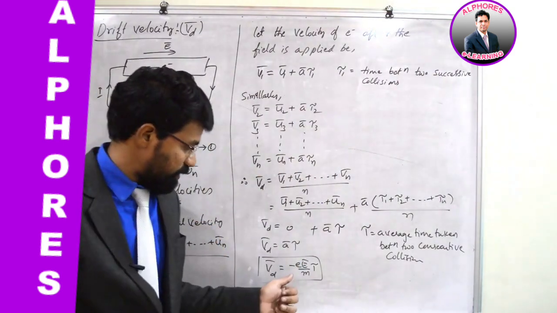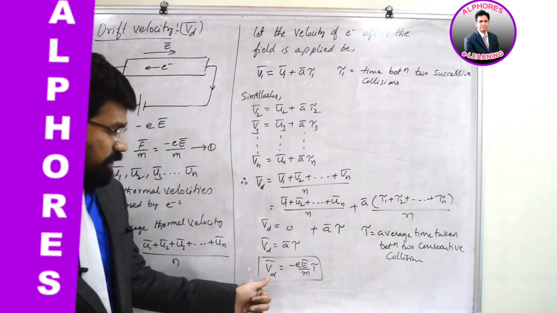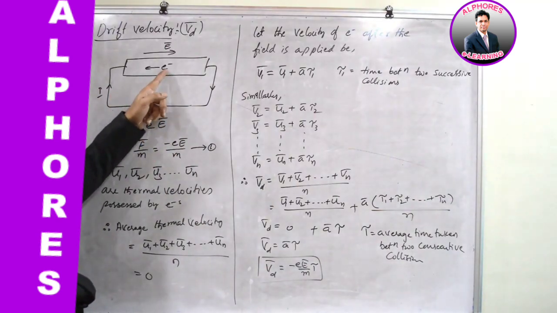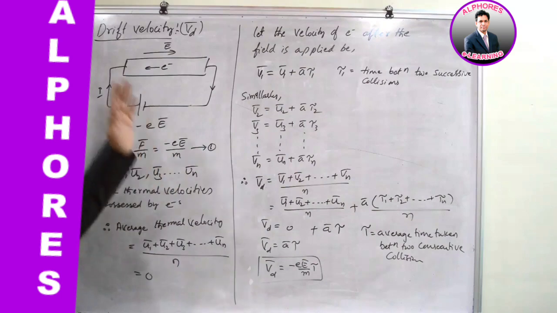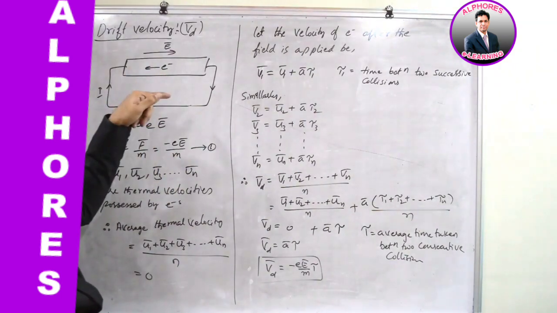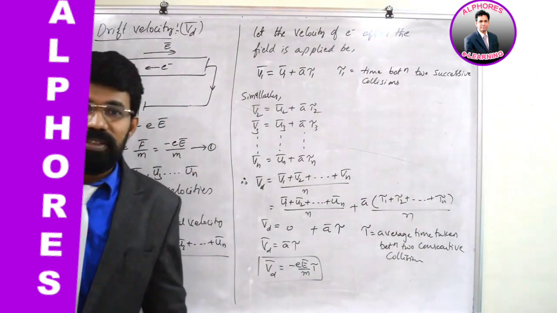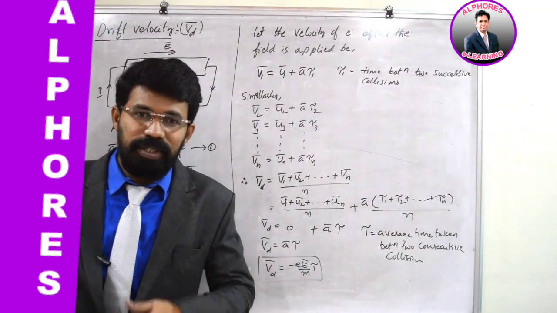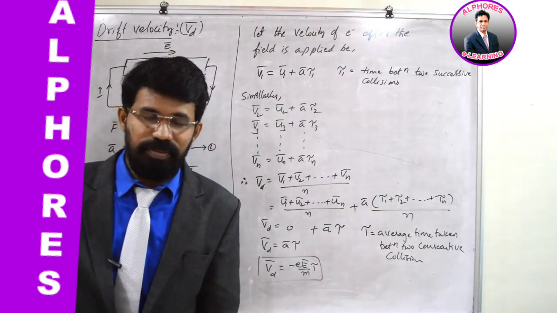This is the expression for drift velocity. And look at this negative sign. It indicates that drift velocity is opposite to electric field intensity. You see the picture? The electron is moving towards left and E bar is towards right. We know that an electron experiences force in a direction opposite to the electric field. It's a negatively charged particle, isn't it? So that's what it indicates. So this is about drift velocity, and there is connected discussion with this drift velocity, and we'll continue in the next session. Thank you, students.